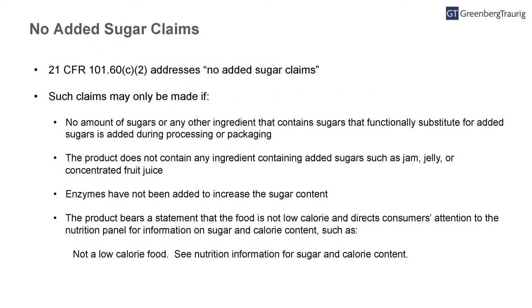21 CFR 101.60(c)(2) also allows for no added sugar claims. No added sugar claims can only be made if there is no amount of sugars or any other ingredient that contains sugars that functionally substitute for added sugars, and they are added during processing or packaging. In addition, the product may not contain any ingredient that contains added sugars, such as jam, jelly, or concentrated fruit juice. Enzymes may not have been added to increase the sugar content,